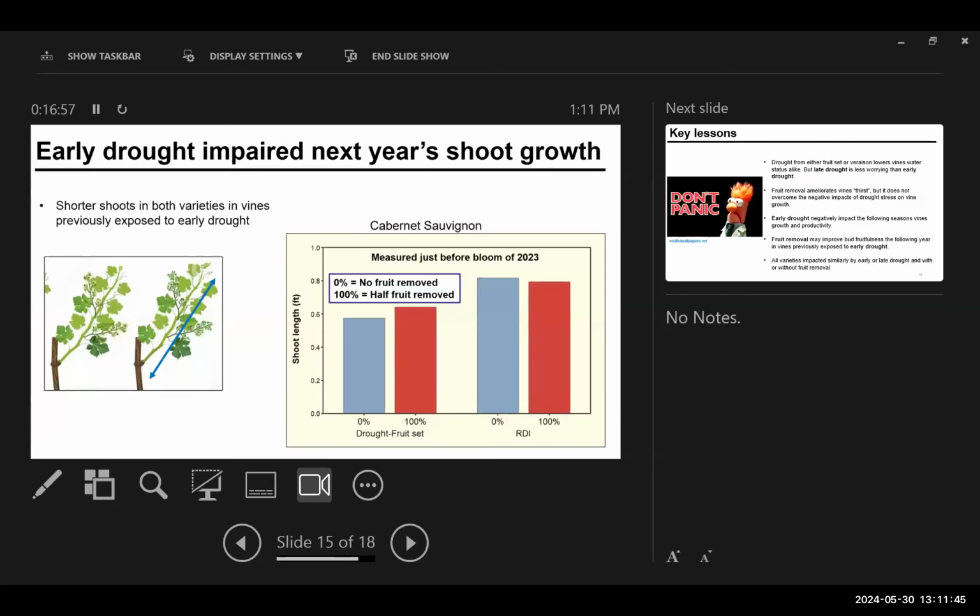Something else that I looked at, in the vines that had already experienced drought previously, was the shoot growth. This was measured before the bloom of 2023. What I found in Cabernet Sauvignon is that the vines that had gone through the early drought were impaired in terms of their shoot growth. They had shorter shoots compared to the ones that never went through that drought. A little bit, not so sure if fruit removal helped there. Now,